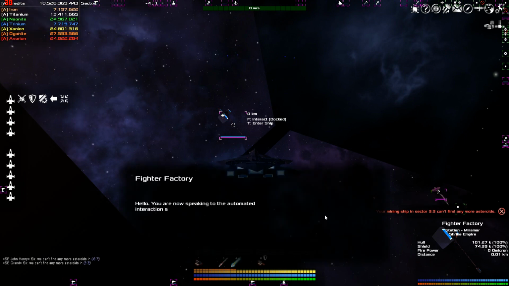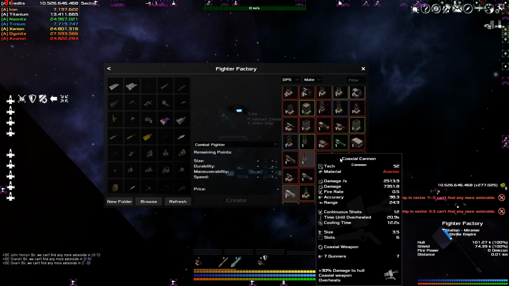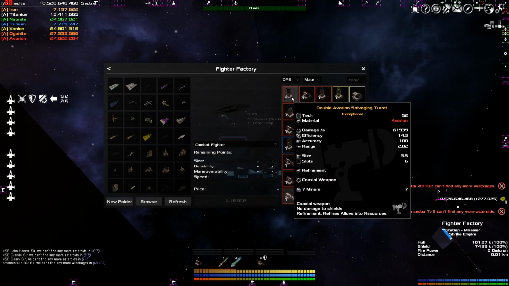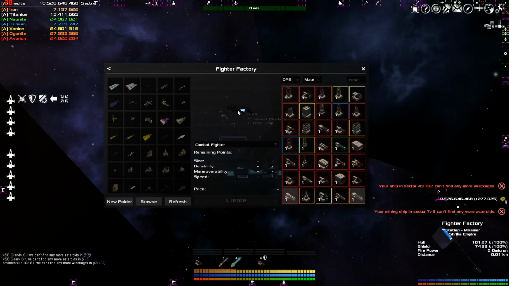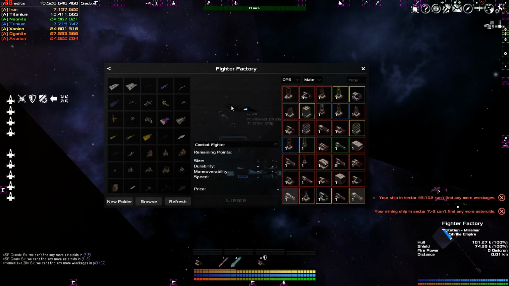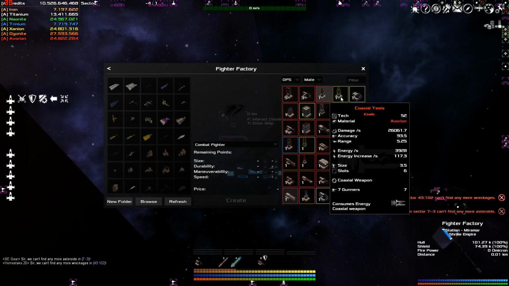So back to the fighter factory. Since we've gone over that, showed you the different DPS and all that kind of stuff. The more powerful the turret seems to help. The material that's used for the ship also seems to help for the number of points. So we're going to use